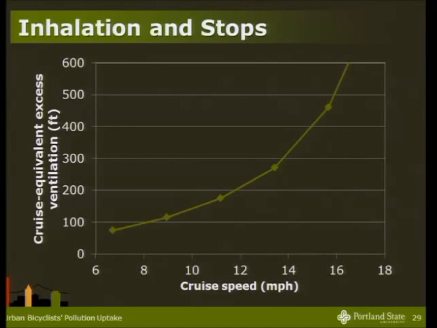So every time you have to come to a stop, you're breathing in 1 block's worth of inhalation dose, if that makes sense. So you can use this kind of information to quantify the benefits of things like flipping stop signs on a bike boulevard. So every bicyclist that doesn't have to come to a stop there, you have saved inhalation volume.